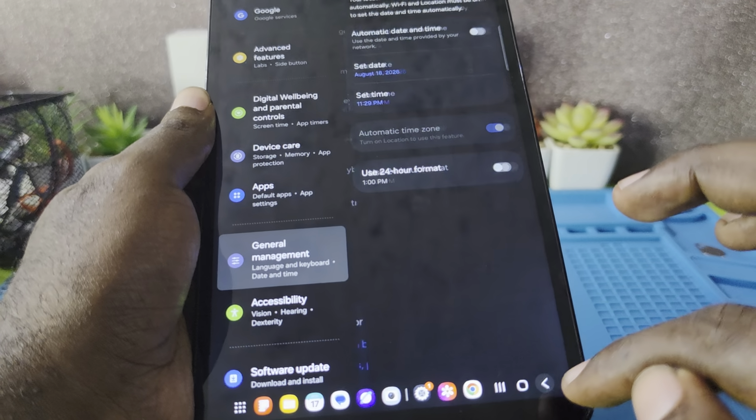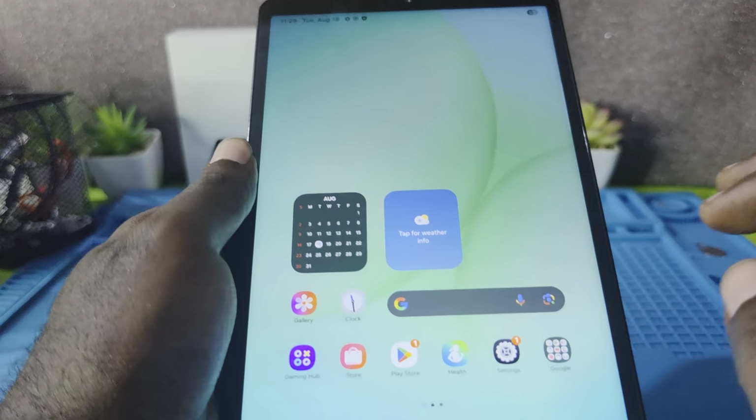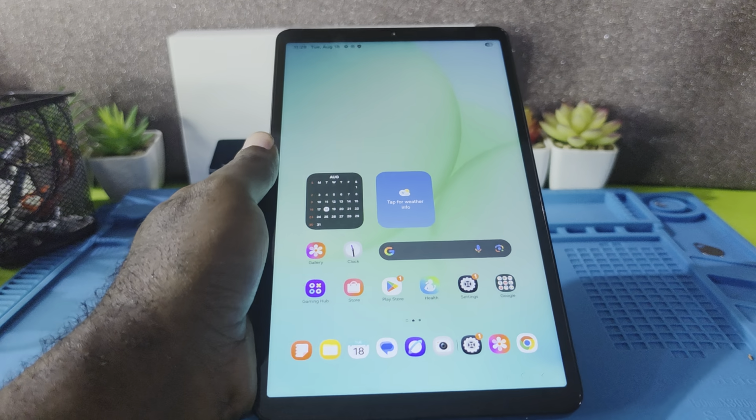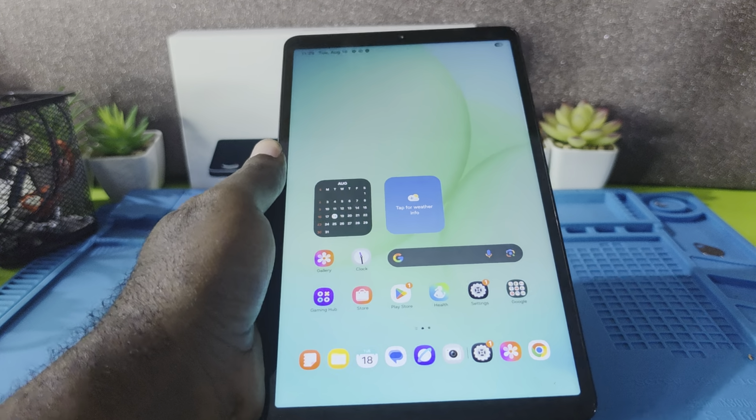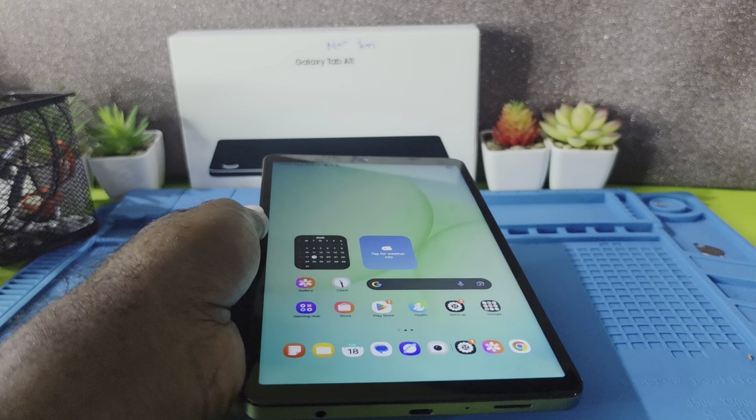So I'm going to hit back. All right, so we're going to hit back and we're going to go back home. And that's how you actually go ahead and set the date and time on the Galaxy Tab A11 or even